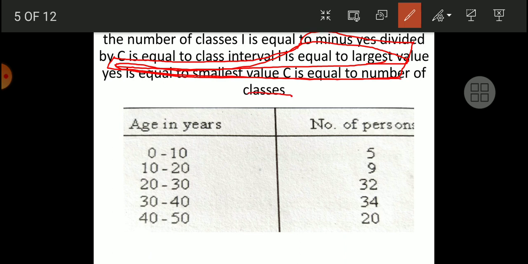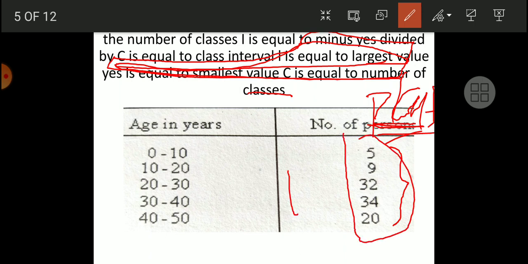As I have already said to you, in place of person we have to write plants, that is, the number of plants. How many plants were there? 20, 34, 54, 54 and 2, 56, 56 and 30, that is 86. 86 and 9, 95. 95 and 5, 100. So this is the total number of observations.